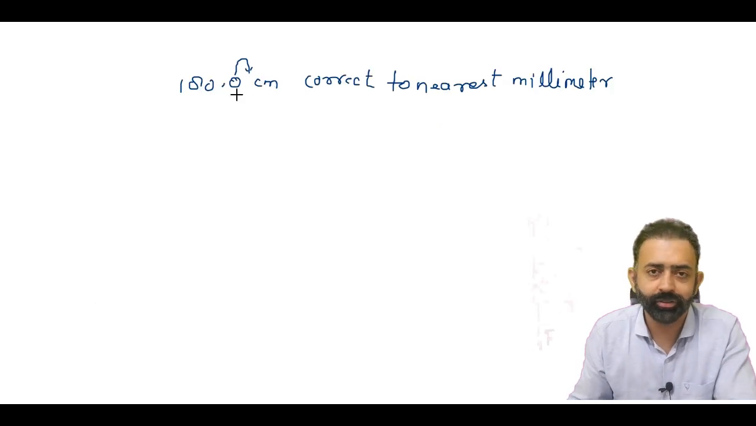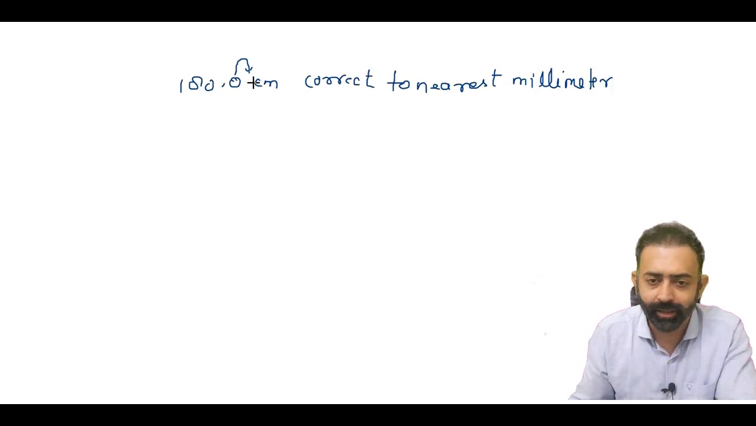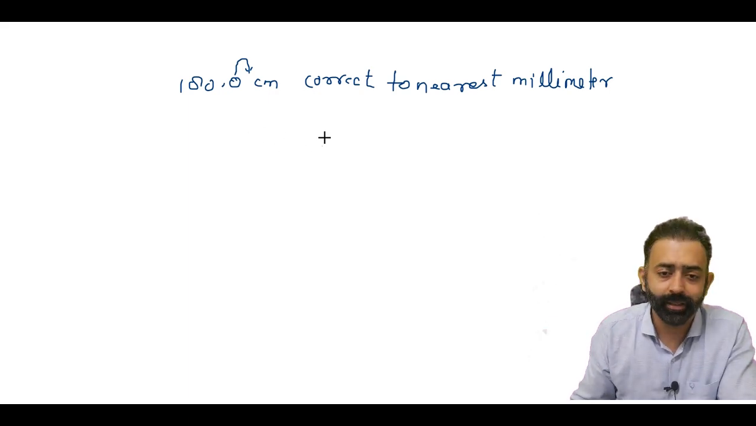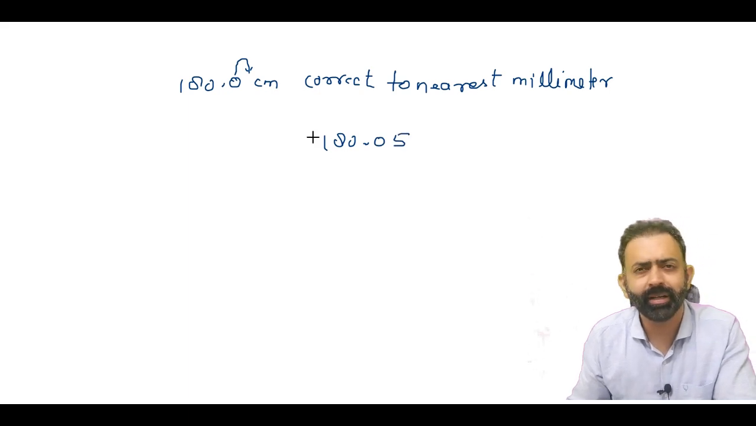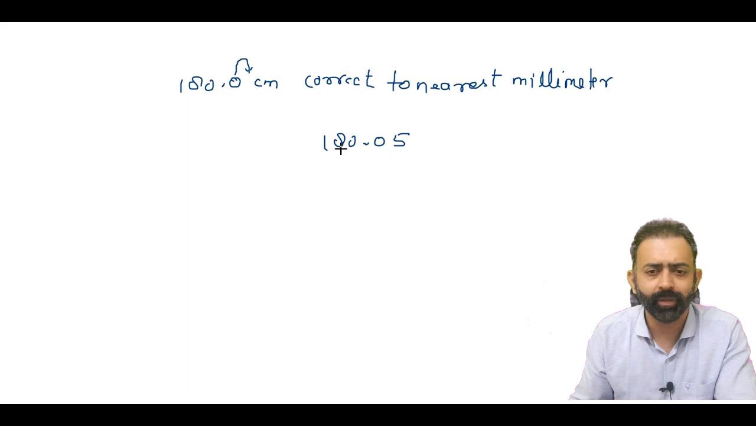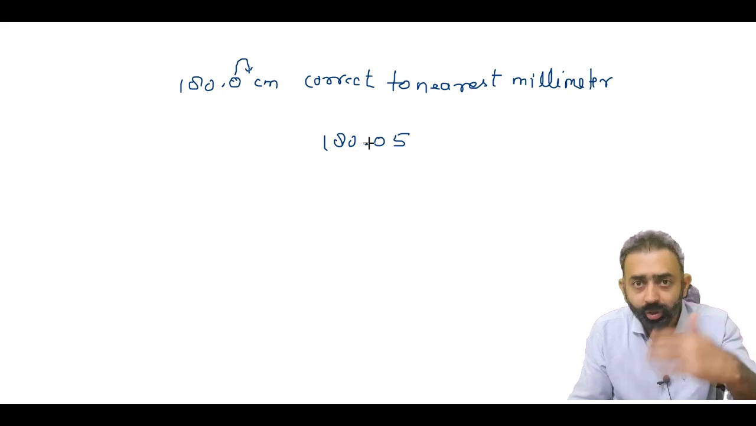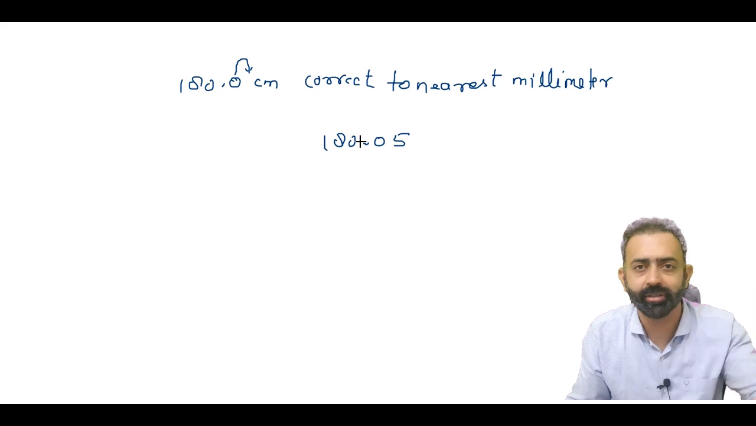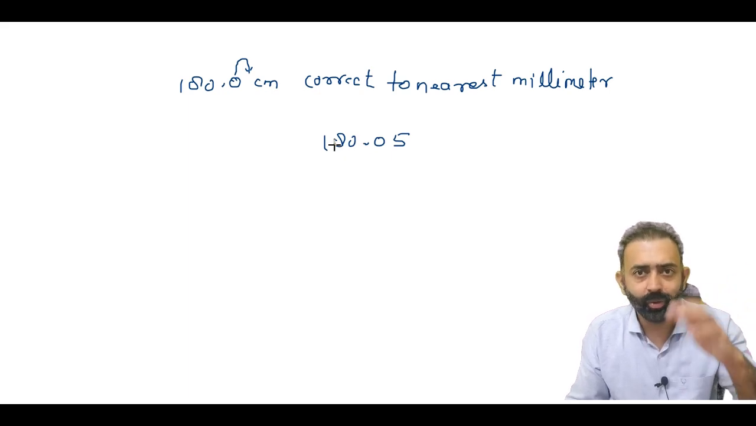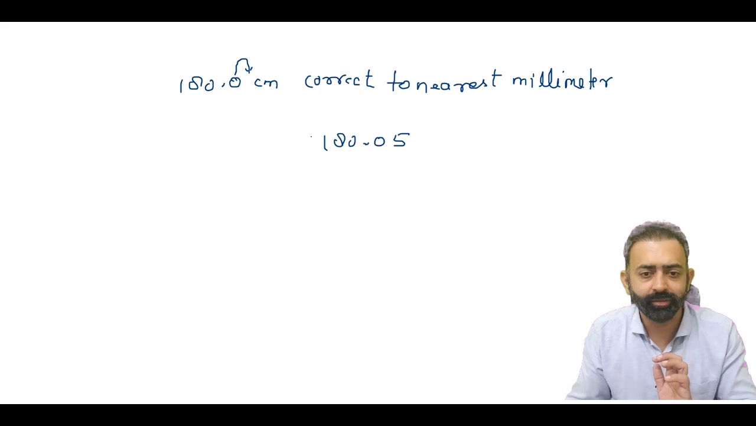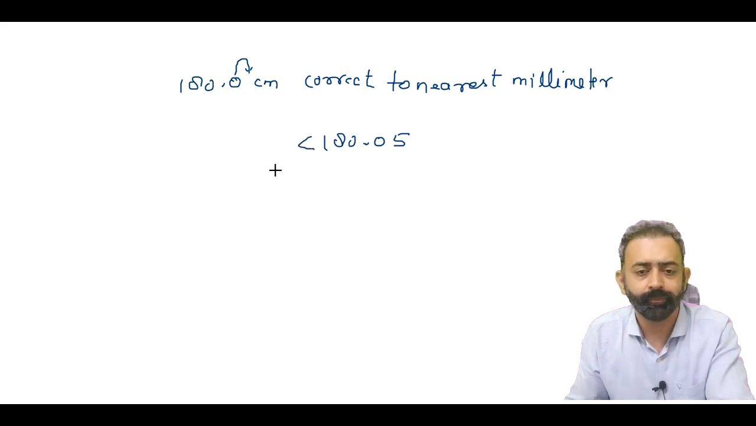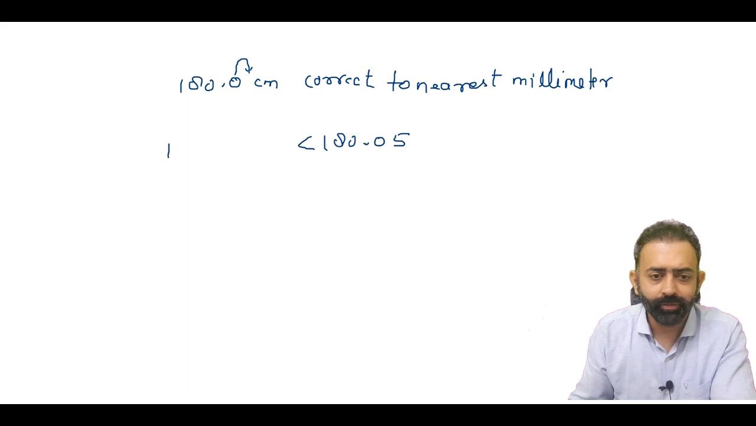So it is 180.0 centimeter correct to nearest millimeter, meaning its upper bound will be written as 180.05. This will be read as 180 whole centimeters and 0.5 millimeters, because 0.5 millimeter will be rounded if it is equal to 0.05, so it will be rounded to 181, right? So excluding the value 180.05, this will serve as the upper bound, and the lower bound will be 179.95,